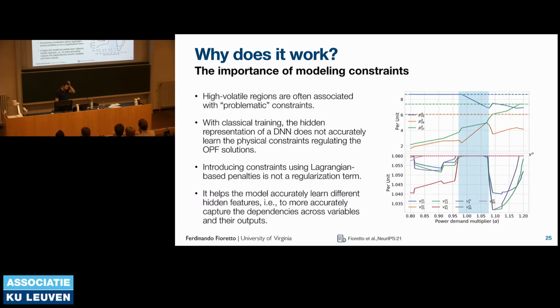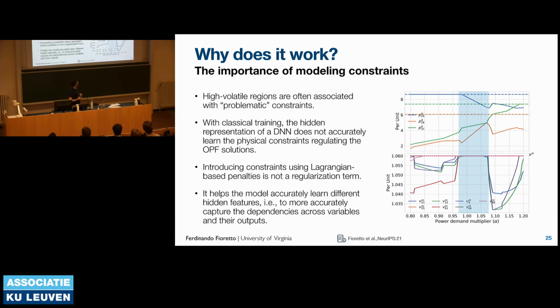And so what happens here? To understand why this behavior occurs, we examine, again with this particular problem, what happens for the solution trajectory of some generators that show these more unstable piecewise linear trajectories, right? On the top, first of all, you have the piecewise linear functions induced by the solution trajectories for 3 generators. The dotted lines are their upper bounds, defined by their electrical constraints. And the shaded areas denote the areas where you have these jumps, right?